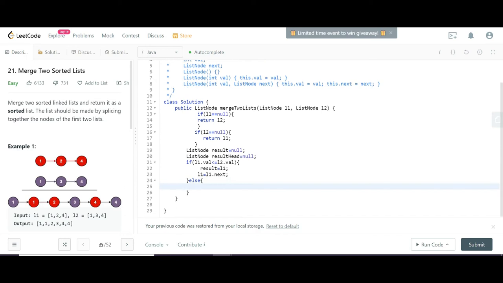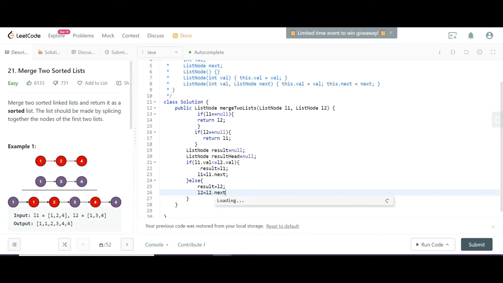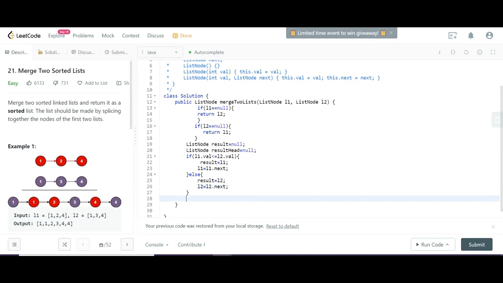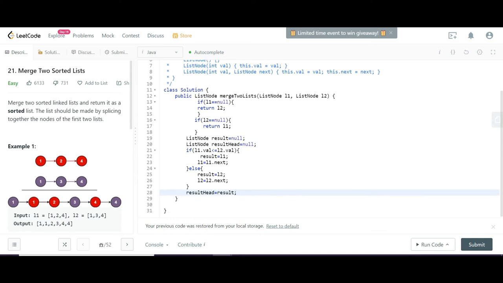In that case our result will be equal to L2, and we will do L2 equal to L2 dot next. And we assign the result head equal to result. From now onwards we can play with the result only.